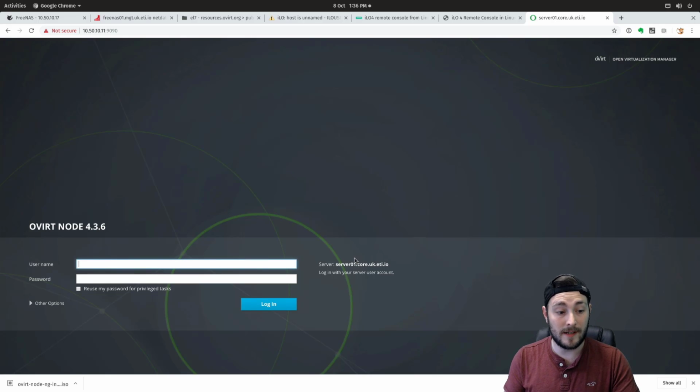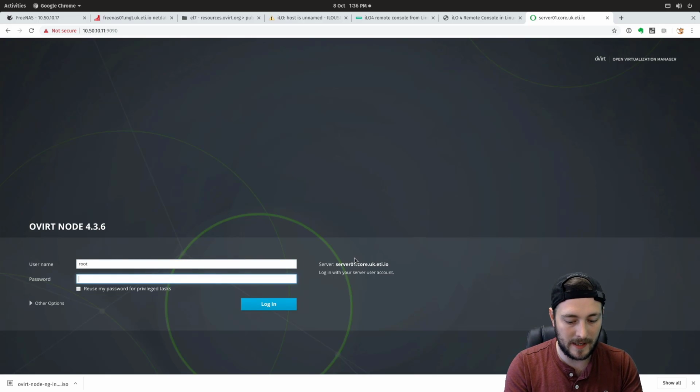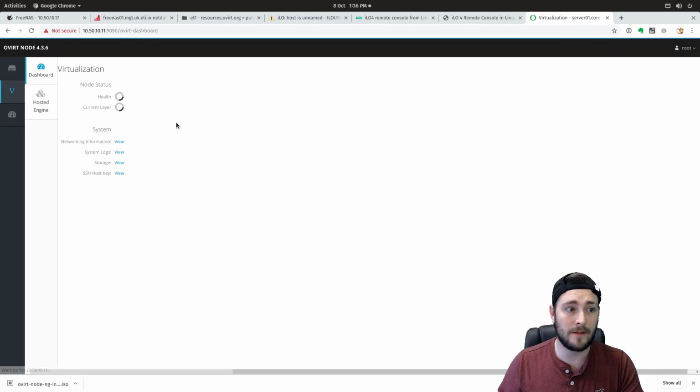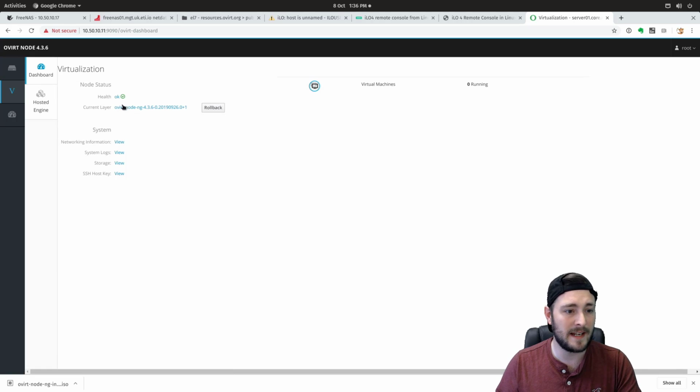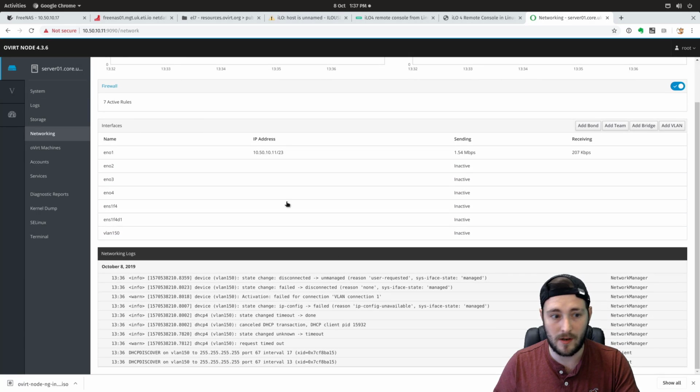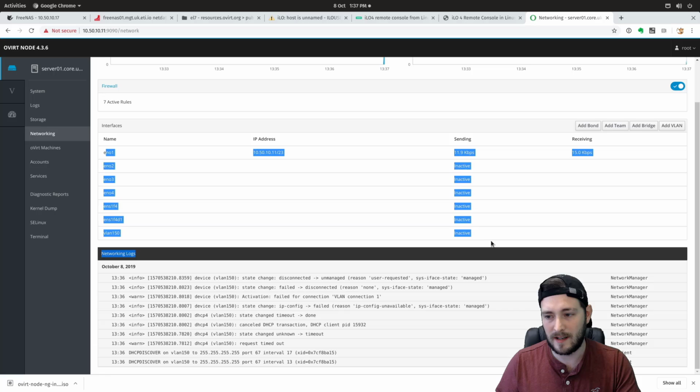Now, Cockpit is really handy. It's a great way of being able to log into your machine. It'll take your local host credentials or whatever you're using with PAM to log in. And it gives you a nice overview of your server. It gives you some nice statusy bits. It gives you an overview of the config. So if you want to see what your network's doing, you've got some logs, you've got some slightly more detail